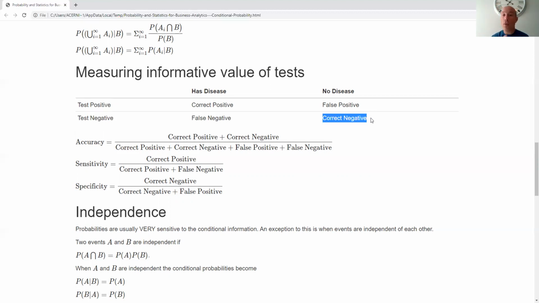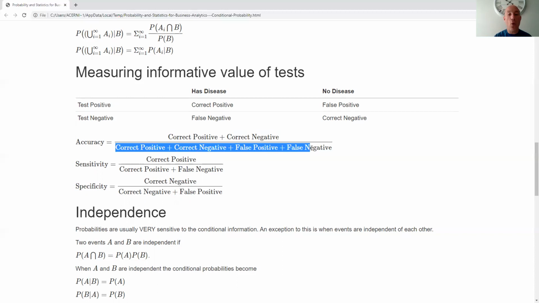Okay, so overall, I want to know, what is the accuracy of this test overall? Well, that's going to be the number of correct results. So if we were to go through and start evaluating this test, let's say we go out, we find 1 million subjects, we run the test, and we know if they have the disease, yes or no, and then we compare the test to our known value. All right, so we take all the correct values, and we divide by all the values total,